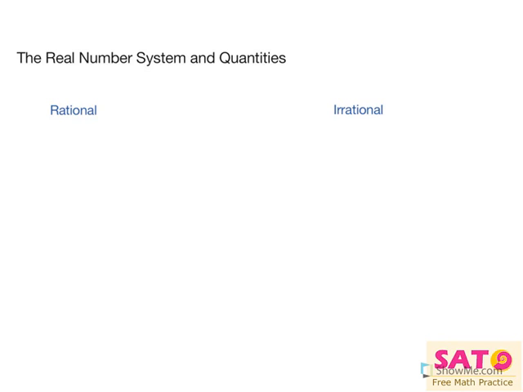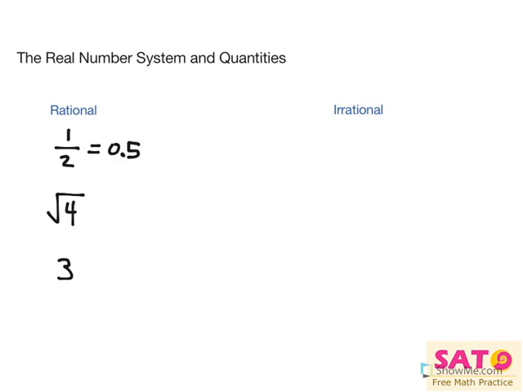Here's a few examples. Let's say we have 1/2, square root of 4, and 3. What is 1/2? Well, 1/2 is pretty much the decimal 0.5 expressed as a fraction. And we know 0.5 is exactly half of 1. So we know that's rational because we can physically see and we know for a fact that 0.5 is a